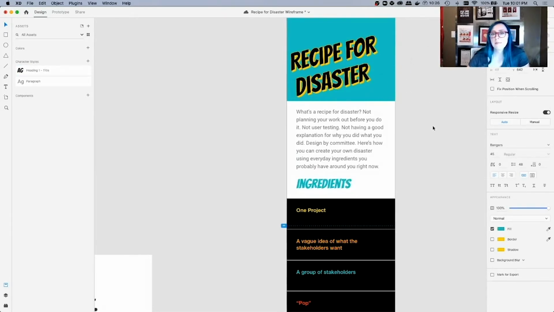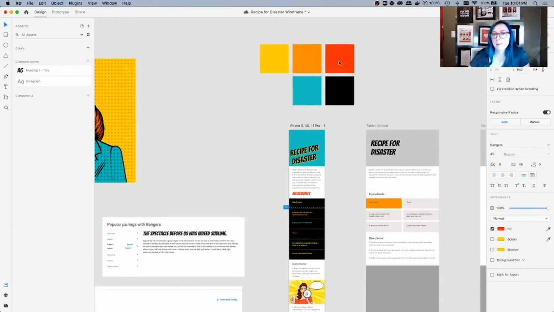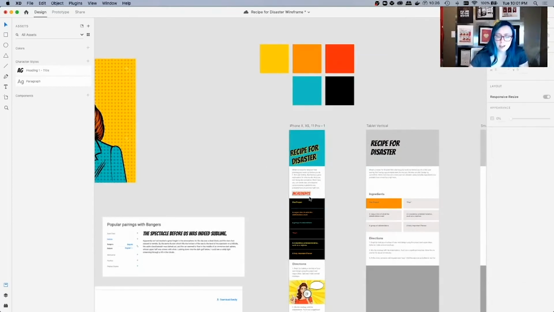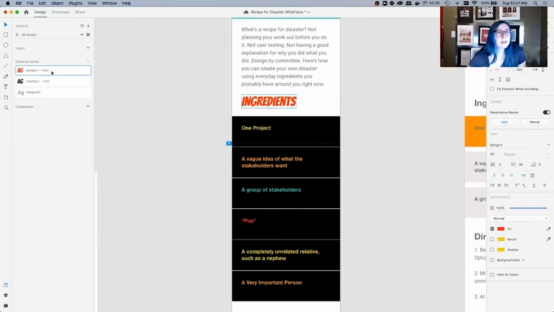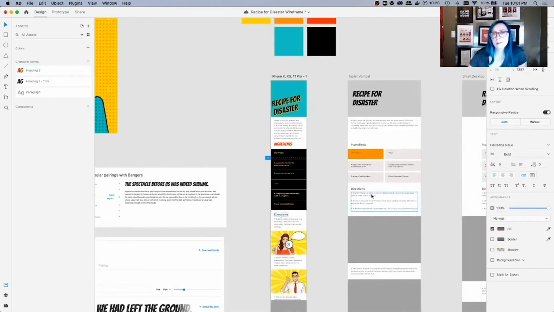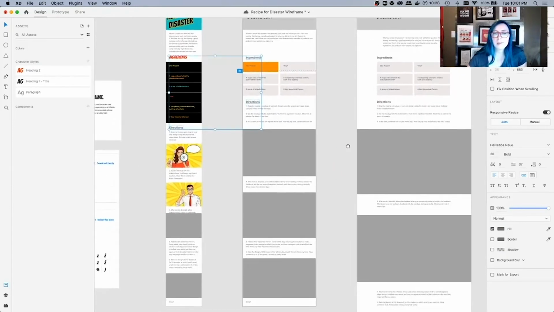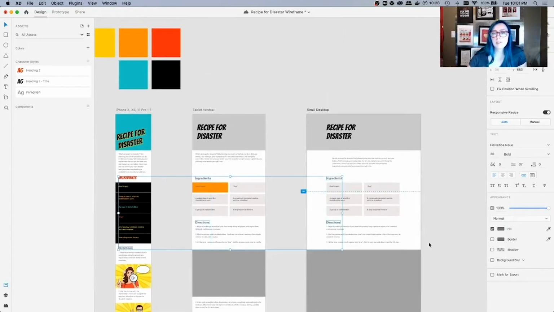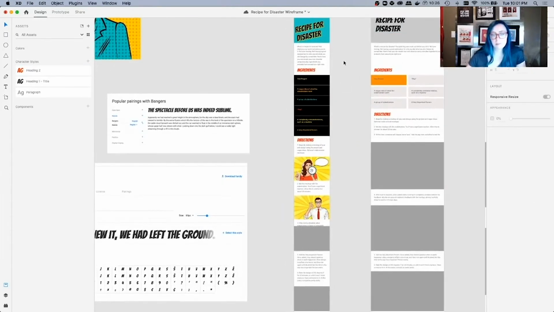So let's see what we like here off our color palette. What's looking good? Oh, I like the contrast of that red there. I'm going to stick with that. All right, so under character styles, rename, heading 2. And if you didn't go through and select everything at first, not to worry. All you have to do is do that at this point, and we can do ingredient and directions, select heading 2, and now they're all looking good.